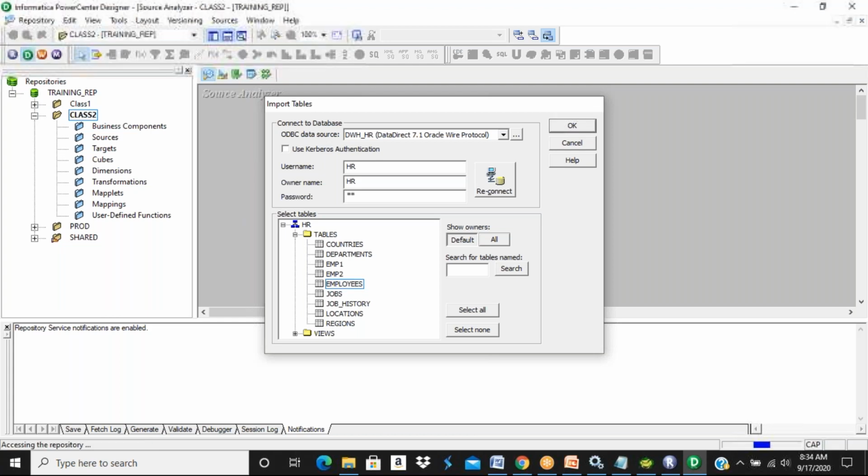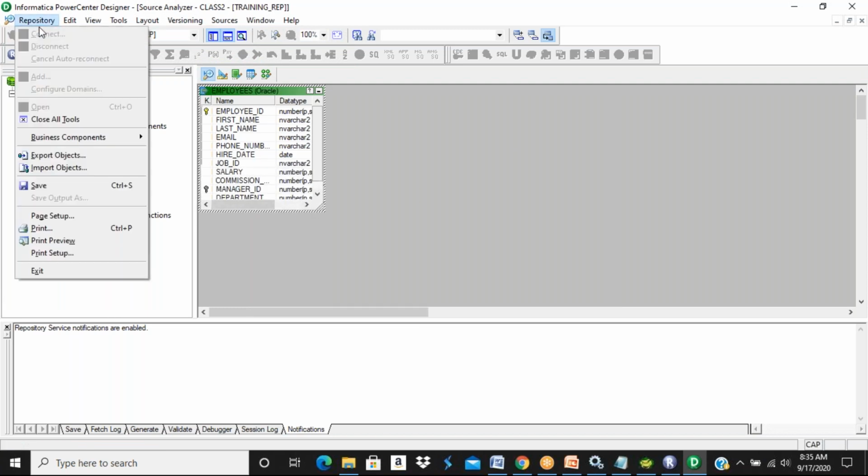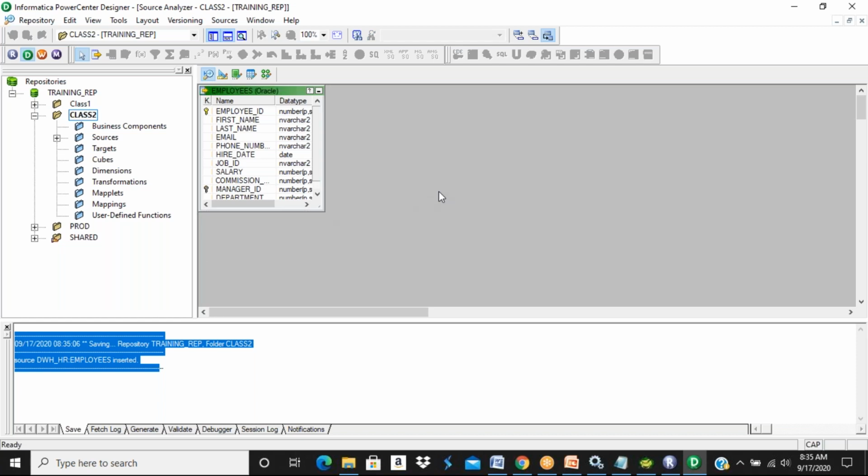Okay. So whatever code you develop in the Informatica client component, you need to save it. So guys, what is going to happen in the backend when I click on save? The repository server comes into the picture. The repository server connects to the repository database using repository service processes, which check the validations and save the code in the repository database. Whatever validations it does, it is going to pop up messages here.